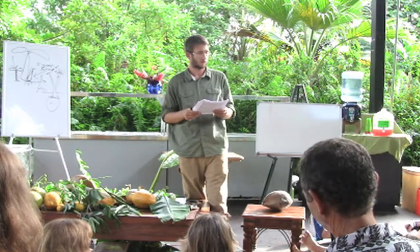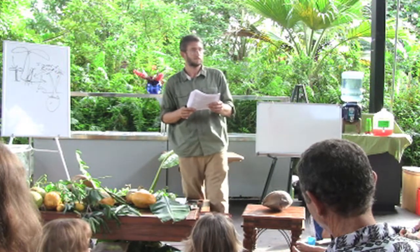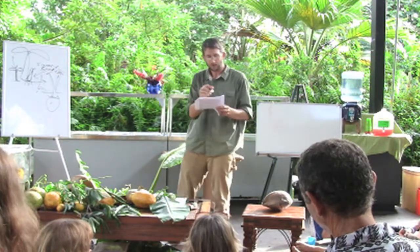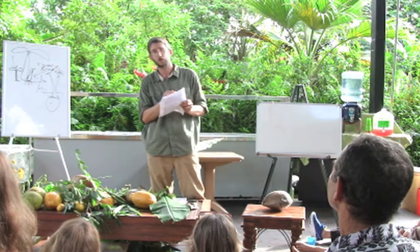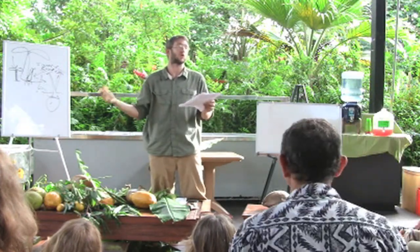We've had it before. You eat the seed? You eat the seeds. Yep, you cook the seeds. It's the original. Yeah. And then we have jackfruit, which makes a lot of sweet fruit, but also the seeds